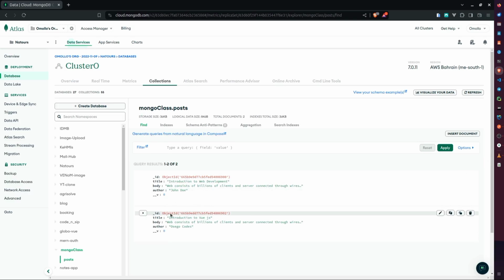Now we have introduction to Vue.js. Web consists of that body, then the author is Osego codes. So that being done, the next thing that we want to do, we want to write a controller